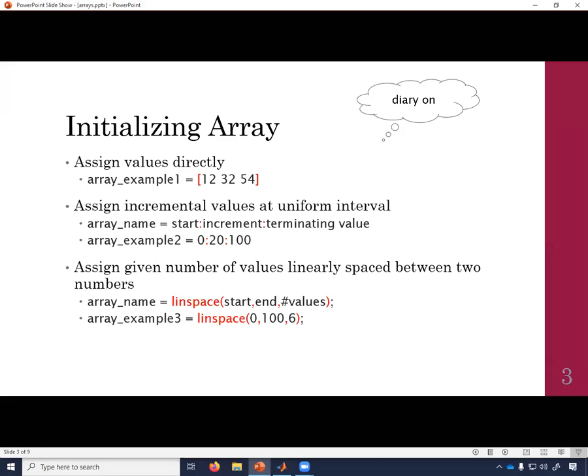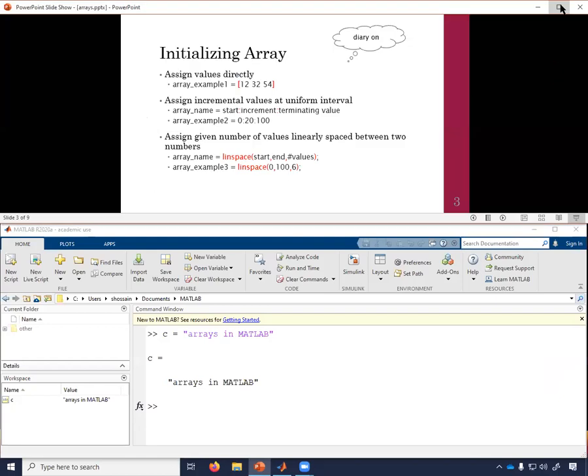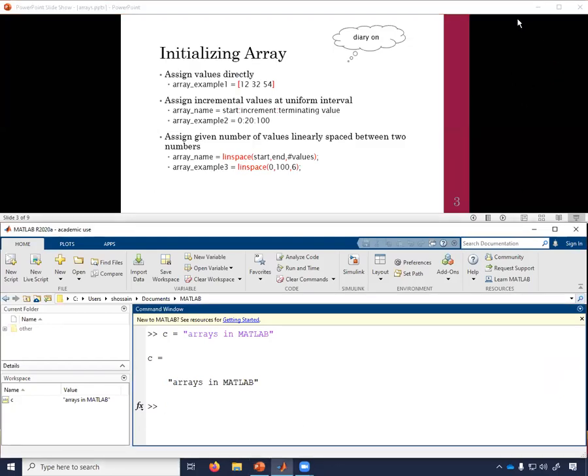Now let's say, how can we create or initialize an array in MATLAB? There are actually several ways of doing that. So let's see the most common ones. We'll use 3 methods to generate arrays. So let's get into MATLAB. Let me minimize this window. Okay, so